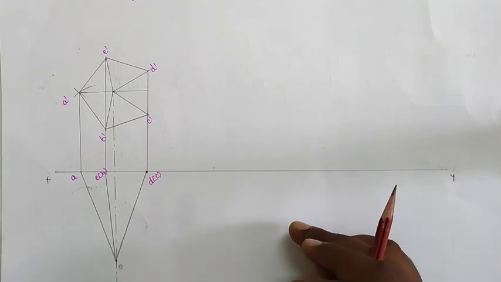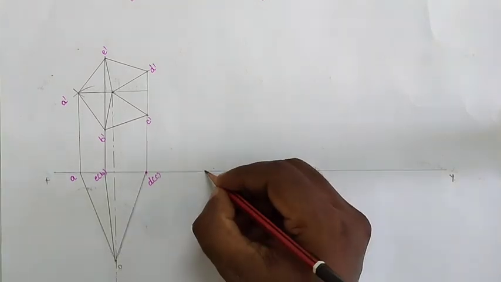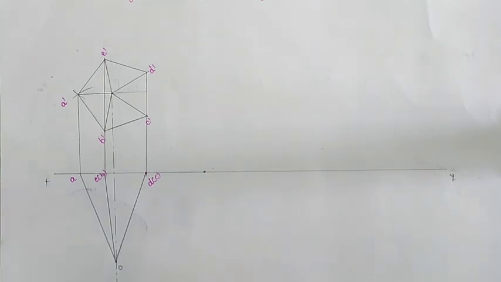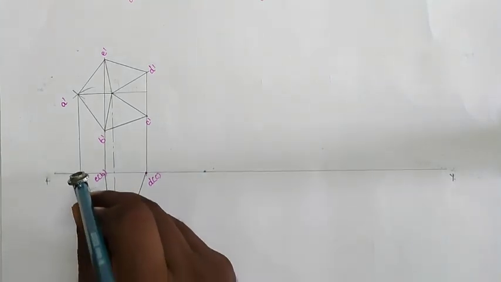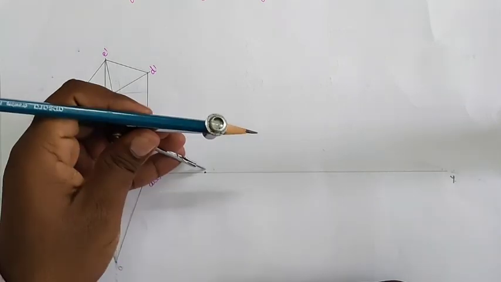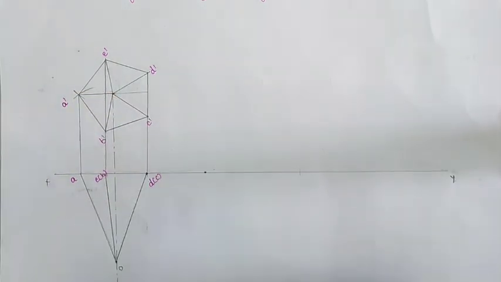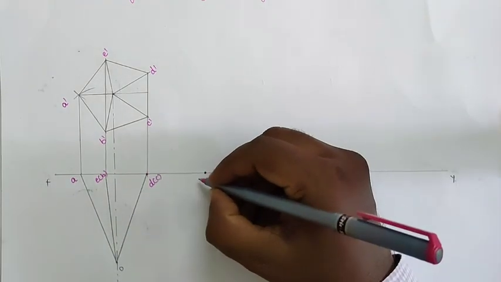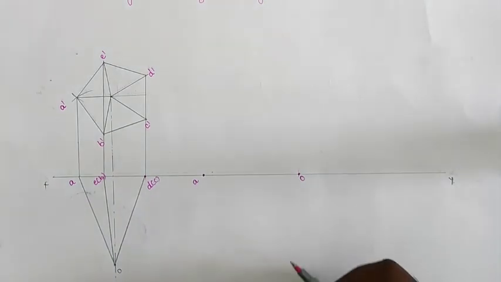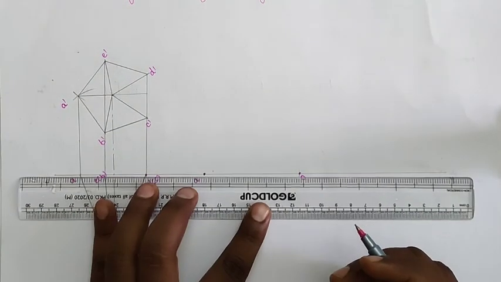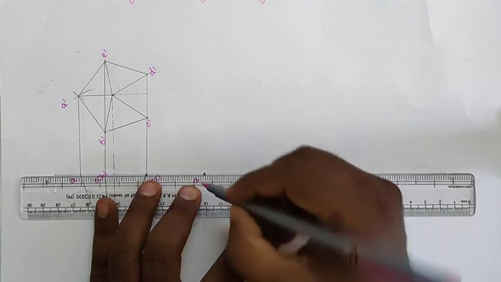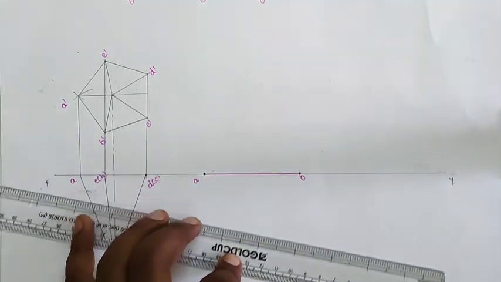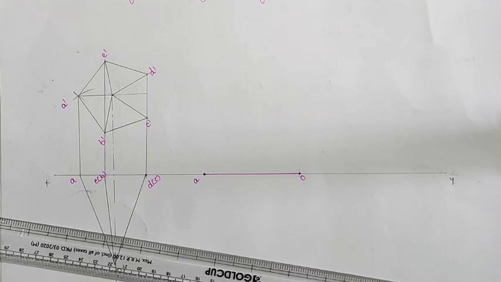So how can we draw that? Locate a point. Now with the length of OA, we draw an arc on the reference line and mark this point here. So this is center O, and this I am taking as A. I am placing the OA triangle face in the VP, which means we will draw the second top view of our diagram, the second top view of the triangle faces on the reference line.